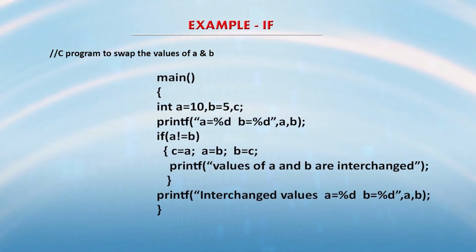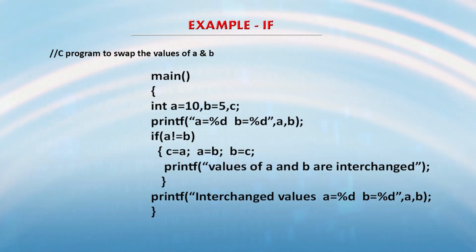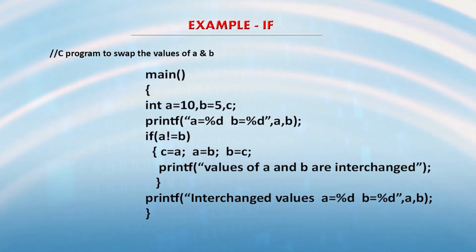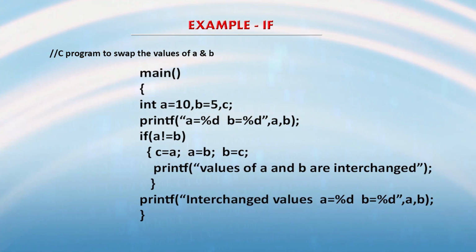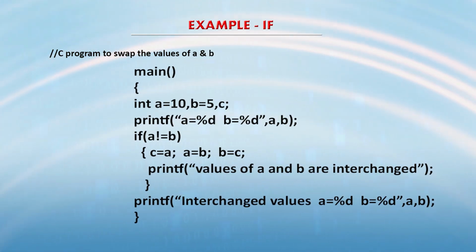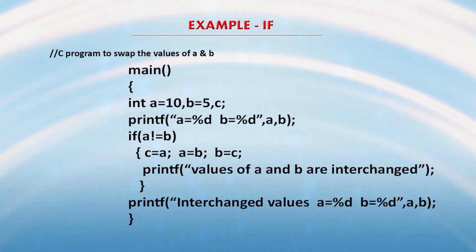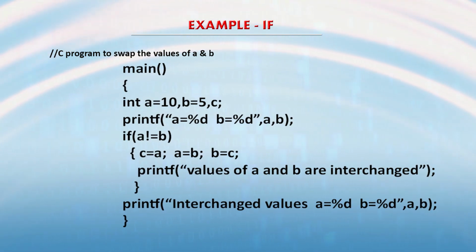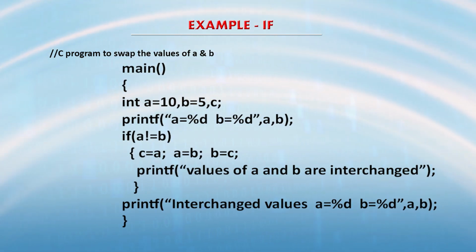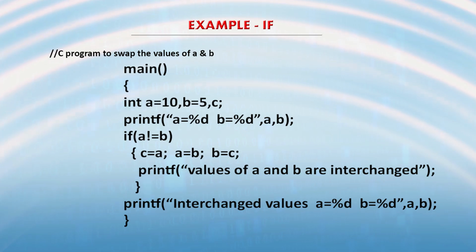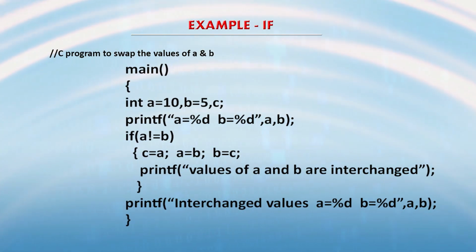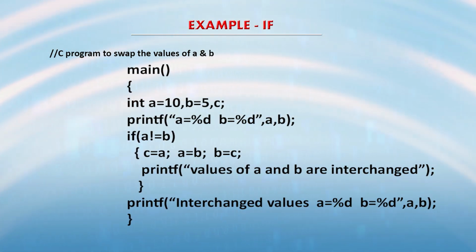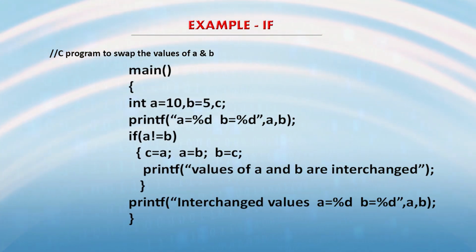Now we are printing the values of A and B with the help of the print command: print A is equal to %d, B is equal to %d, comma A, comma B. So, A and B values are successively passed on to the %d of A and B variables. Now, if A is not equal to B, obviously 10 is not equal to 5, so this condition is true,